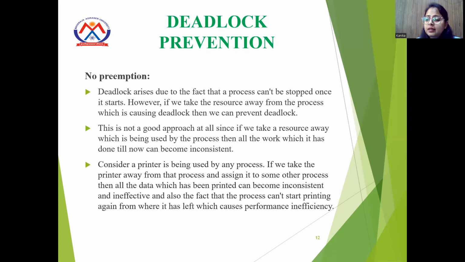However, if we take the resource away from the process which is causing deadlock, then we can prevent deadlock. However, this is not a good approach at all, since if we take away a resource which is being used by the process, then all the work done till now can become inconsistent, meaning we cannot use that work for further